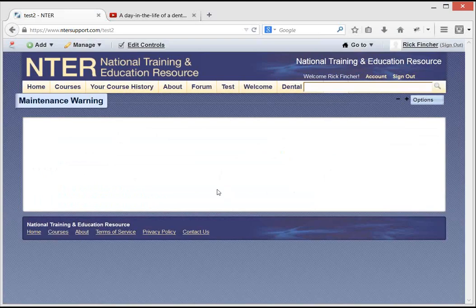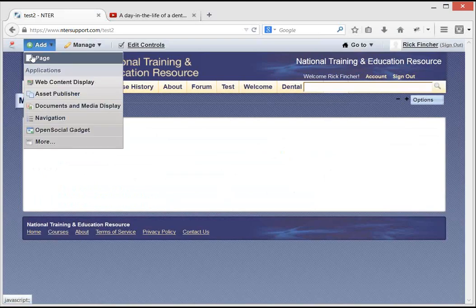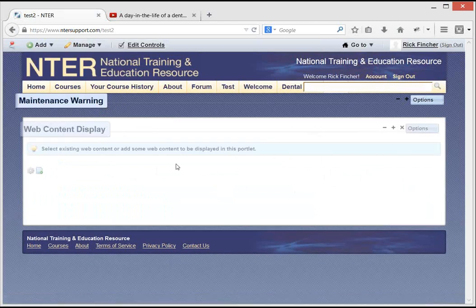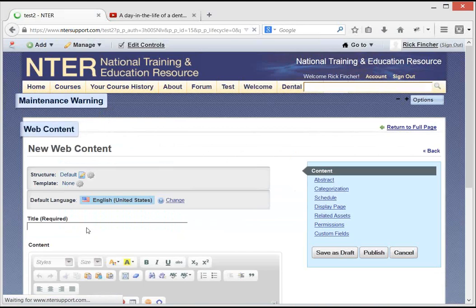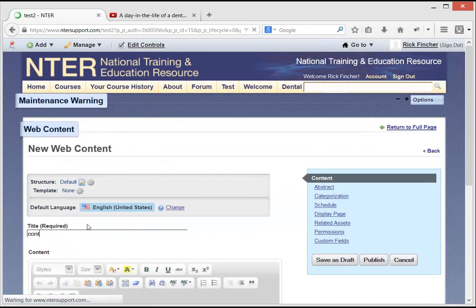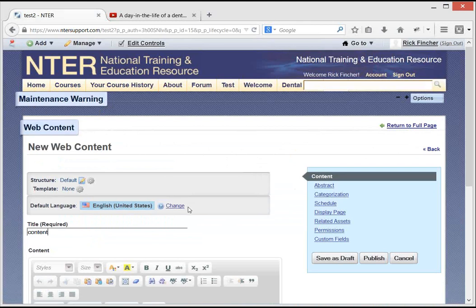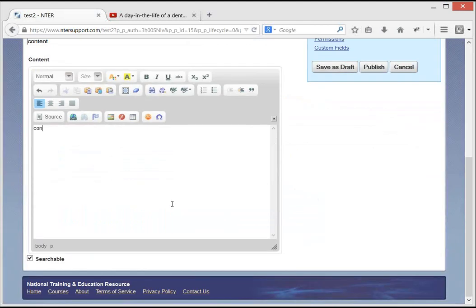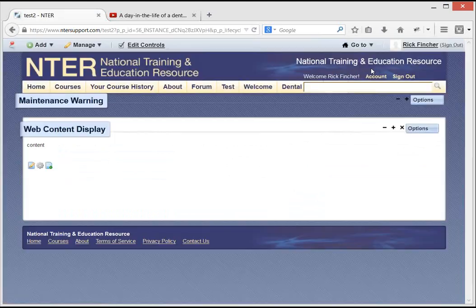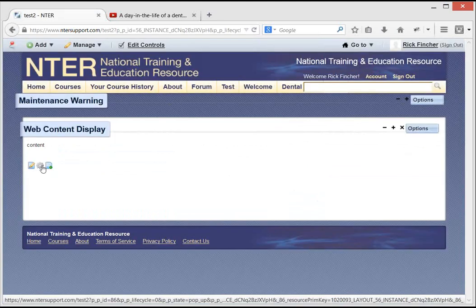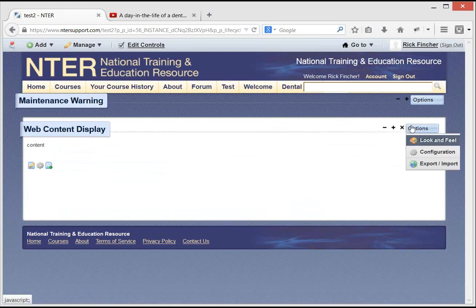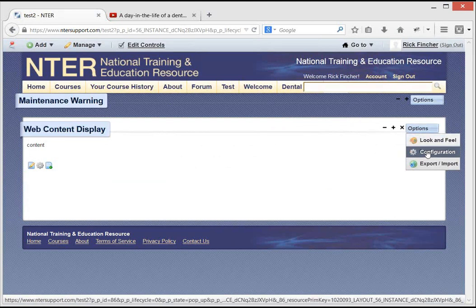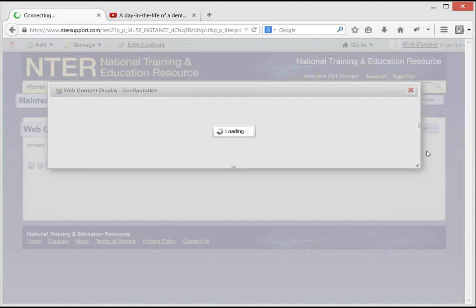And when you set the permissions for these things, let's add a web content display. So we've got our web content title. I'll just make it content, and I'll just put something in here, content, and I'll publish that. Now I can go back to options here and do configuration,